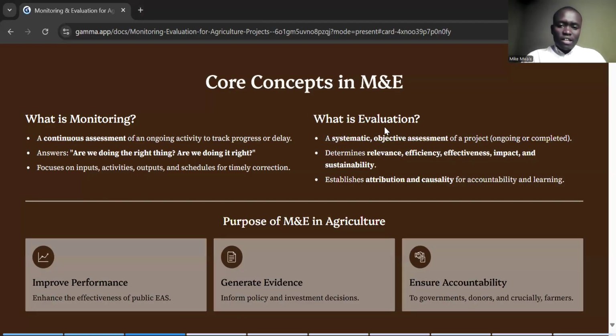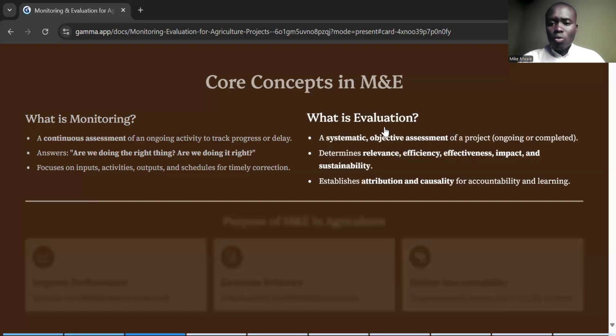Okay. Then the other thing is evaluation. With evaluation, it's a systematic